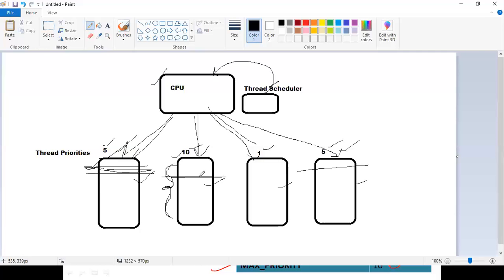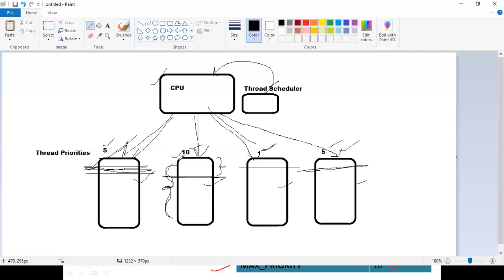In this process of switching, let's understand that thread 2 is going to execute more time. For example, if thread 2 is executed for 10 milliseconds, after that thread 1 executes for only 5 milliseconds, and thread 4 is executed for again 5 milliseconds, whereas thread 3, which has only low priority, executes for only 1 or 2 milliseconds.